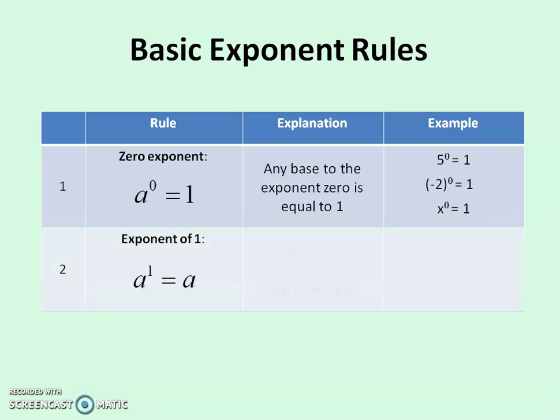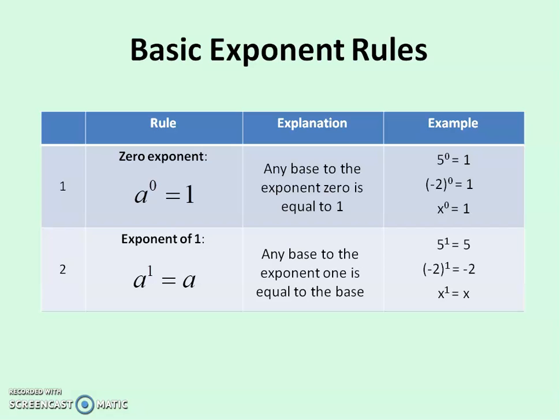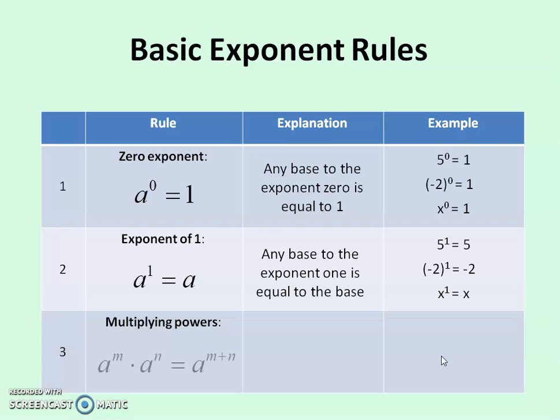Anything to the exponent 1 is equal to itself. Any base to the exponent 1 is equal to the base itself. And that's true if it's a number, positive or negative, or if it's a variable. So mathematically, if you have something to the exponent 1, we don't write the 1. It's implied. Multiplying powers means that when you multiply two powers that have the same base, the product is the